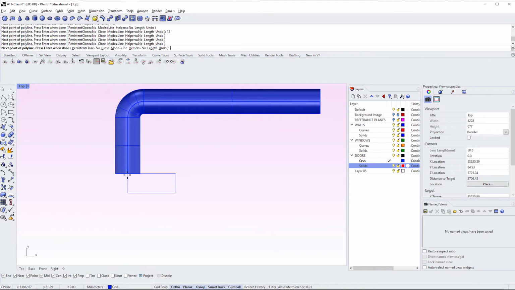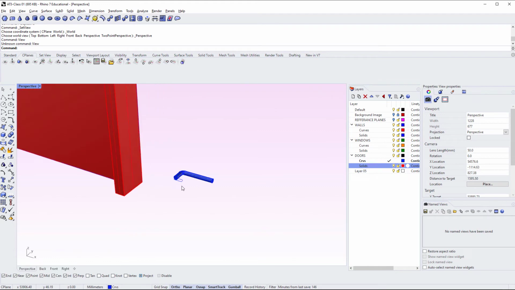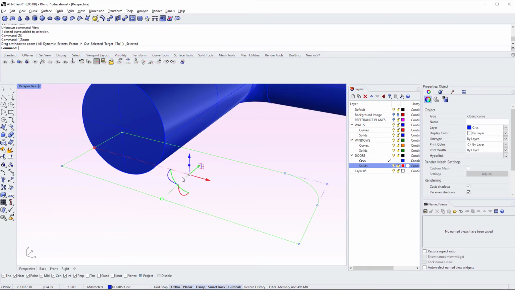It's important I come back to the center and I finish that off, so it's just a rectangle. And then what I'll do is I'll fillet 5 mil radius, this corner here and this corner here. So that is 1/2 of the profile. So I'll go to my perspective, zoom in,